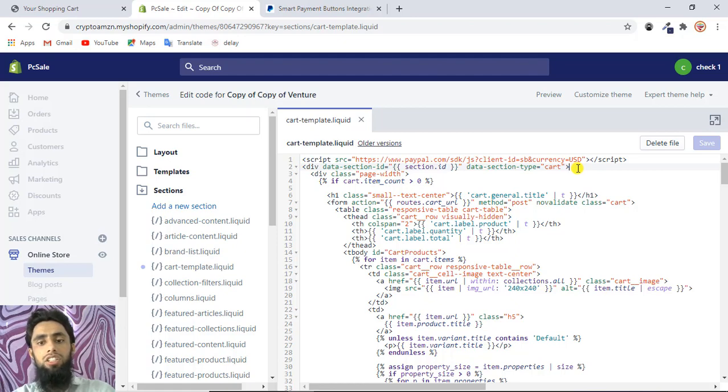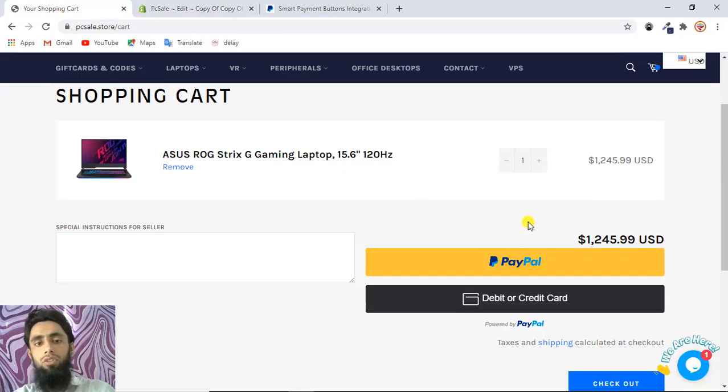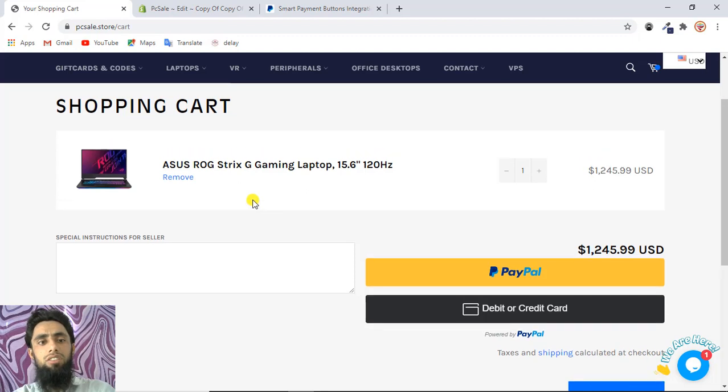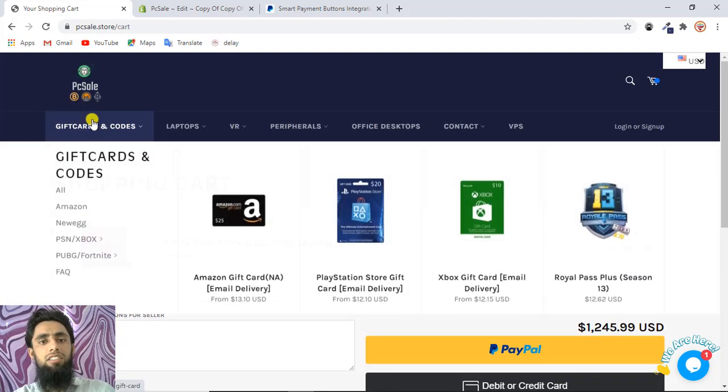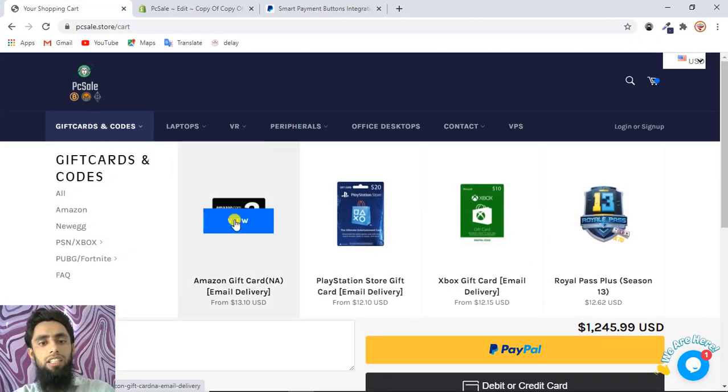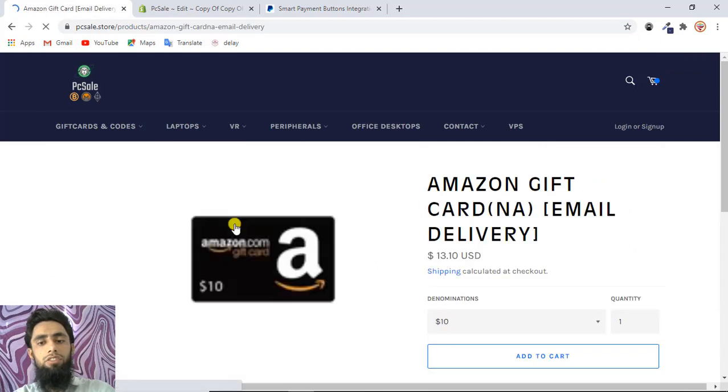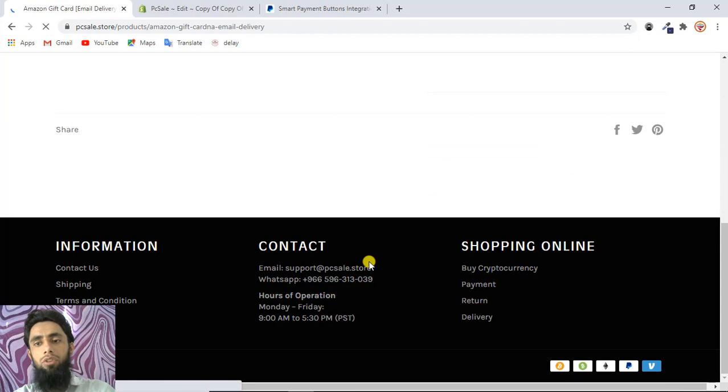All right, so I think you got the basic understanding of how we can add the code into the cart page and enable the buttons on our store. You can also add these buttons anywhere else. For example, I have this product page, and we have the add to cart option over here.